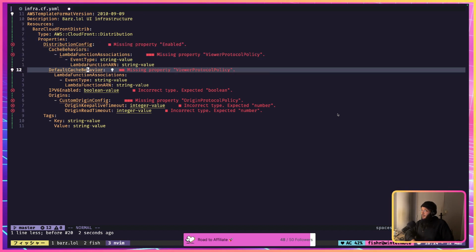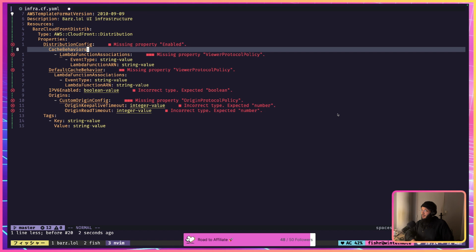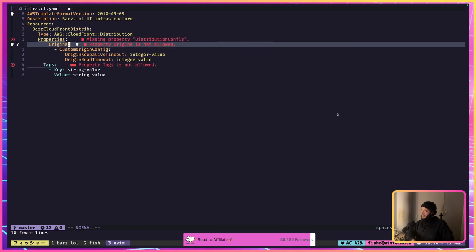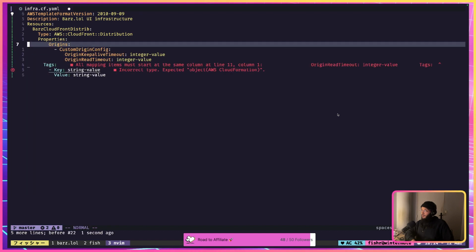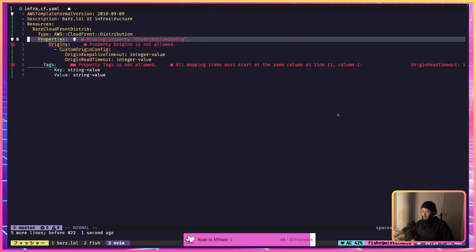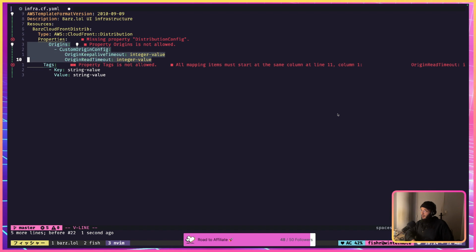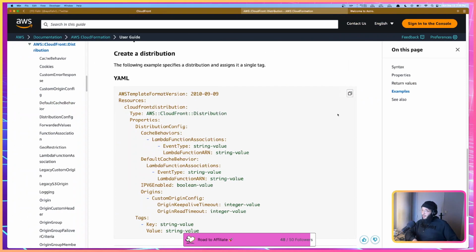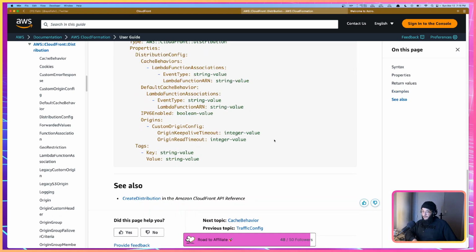So default cache behavior. Why is it screaming at me? All right, I guess we'll just comment this out for now. Right, we'll comment this out, and then